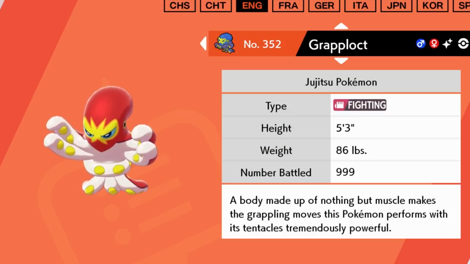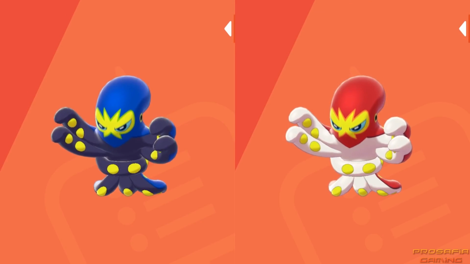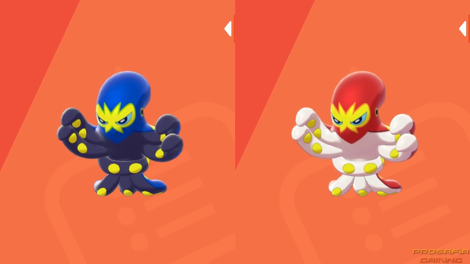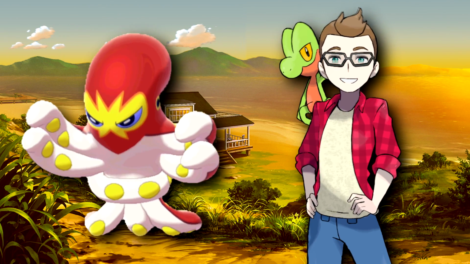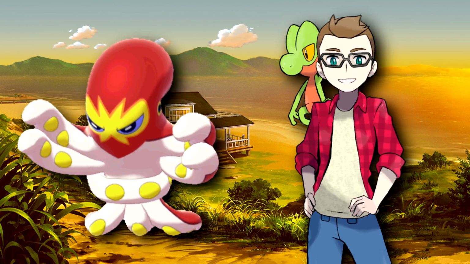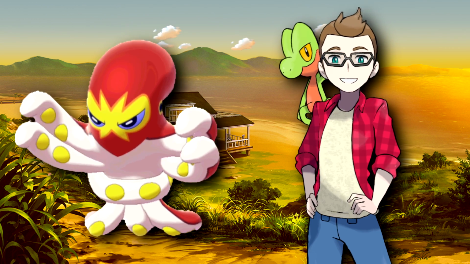Following that at number 8 is Grapploct, the brand new octopus Pokemon which has a fantastic design, but I wasn't overly sold on its colour scheme. That was until I saw its shiny variant. Now, what I like about Grapploct's design is the fighting stance that it holds, and also the middle tentacle. It's rather subtle, but it's obviously meant to be a fighting belt, but the colours didn't stand out to me